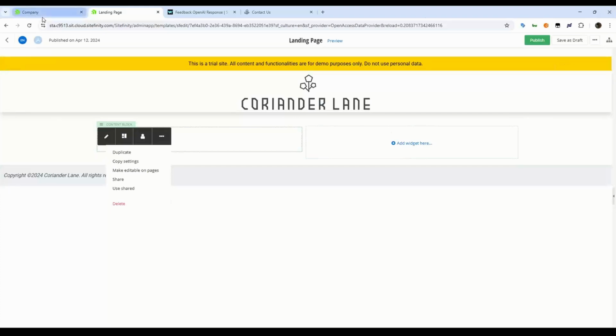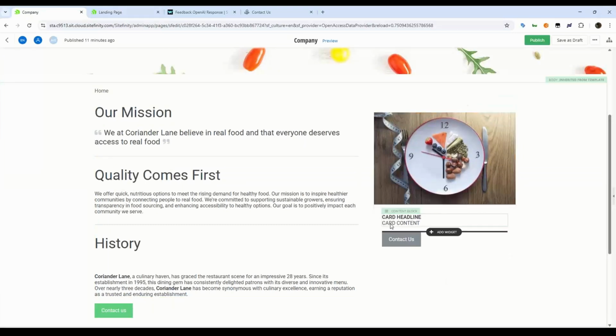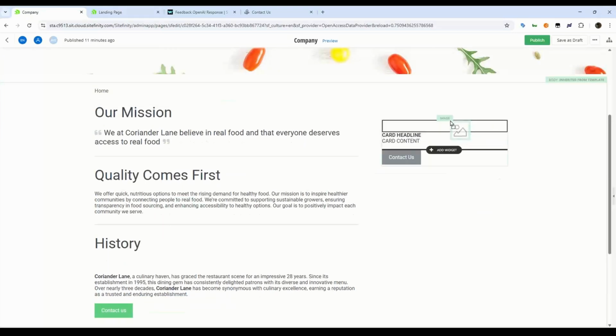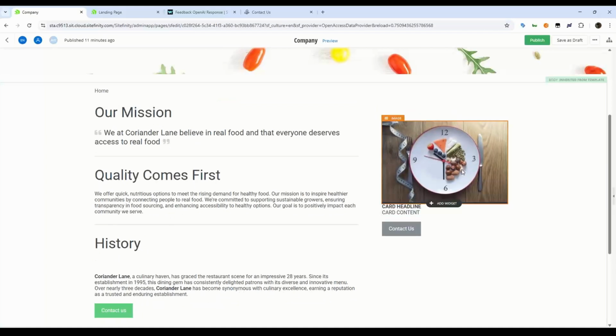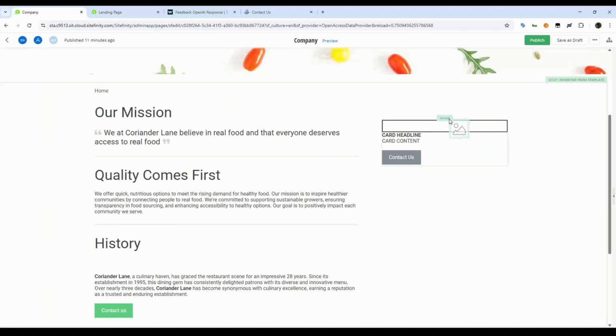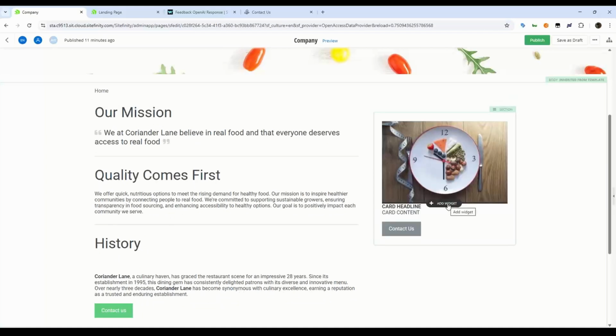So as we go back to our company page here, I had this call to action widget. I have full capabilities here. I could move this image somewhere else if I wanted to. A template might not allow you to do that, right? So section presets, sharing them across sites. We can obviously share templates. Making editable on pages are great productivity tools to help design teams and authoring teams work together to, again, maintain